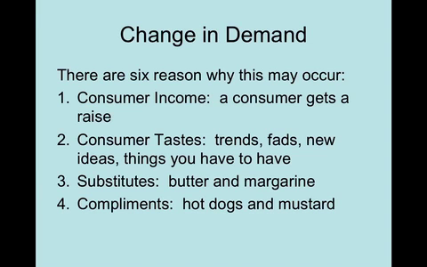And because we can interchange them, if the price of margarine were to go up, then at every price point, we would shift out on how much butter we would buy. So you can see those are substitute items, something you could buy instead of another. And so the demand for one is affected by the price of the other product.